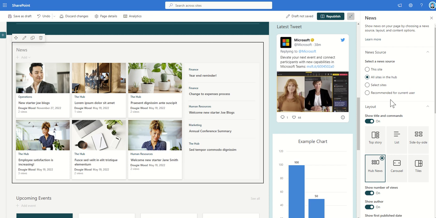But when you're thinking about this news roll-up, you want to be thinking about how much content is actually going to be created, because I've seen a lot of people go a bit nuts with this, and they think, oh yeah, there's going to be loads of news articles created. And sometimes there is for the first few weeks, when people love using SharePoint straight away, but eventually they get drawn back into their day-to-day job and they don't have as much time